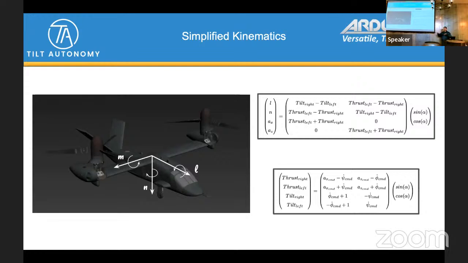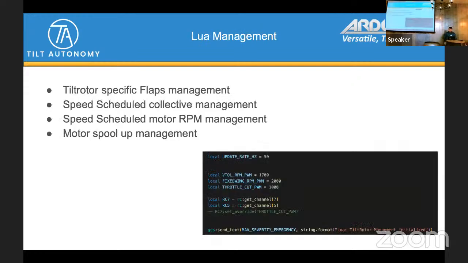So in this case, to generate roll, you would tilt the tilts differentially. Most likely I won't do that, but it is technically represented in the math there. So you would just have if statements or just drop it to 0 heuristically in the equations that you draw up. But that's the basic kinematics of the vehicle, at least.